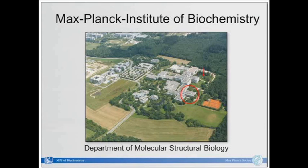So this is the Max Planck Institute in Martinsried. What you can see here is the whole campus. There are 1,000 people working there, and it's one of the largest institutes of the Max Planck Society. It's close to the border of Munich, where you can see the facilities of the university. And our department is nicely seated across from the tennis courts and the soccer field,